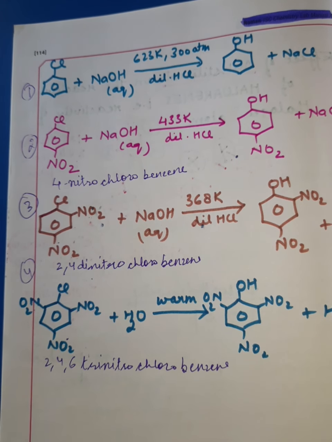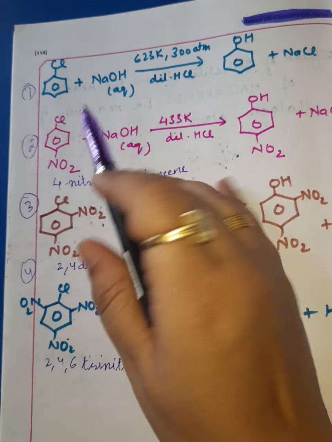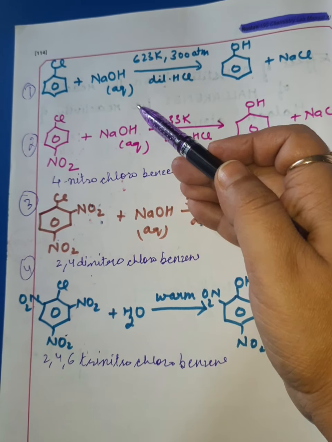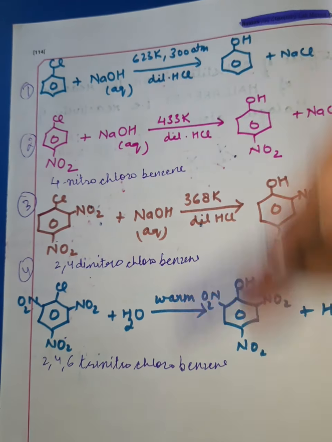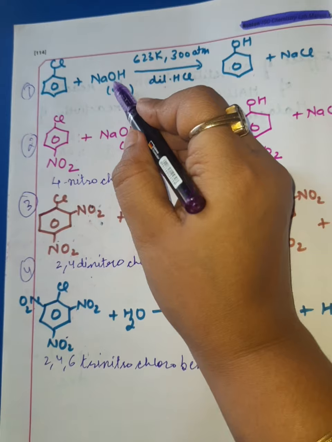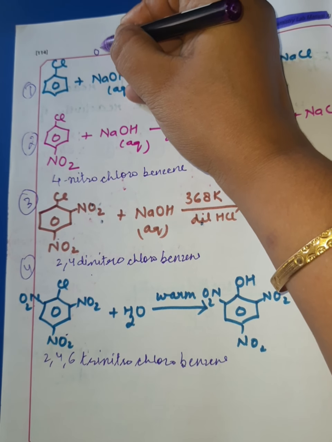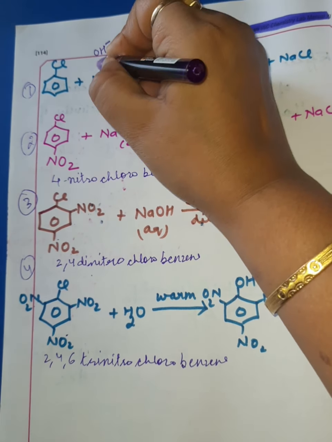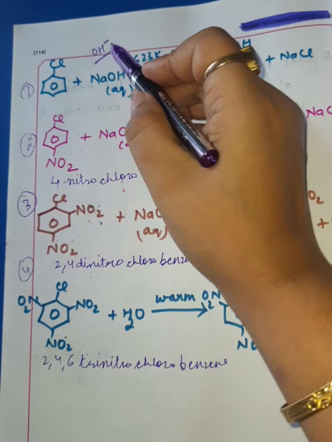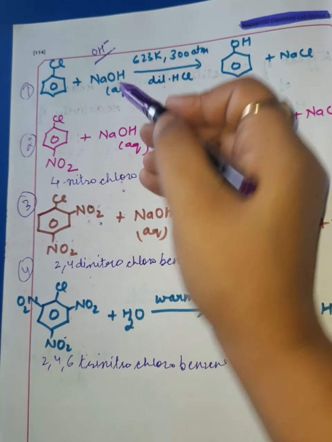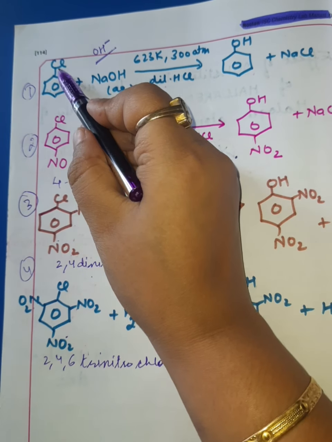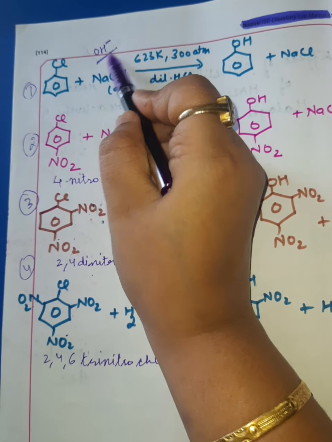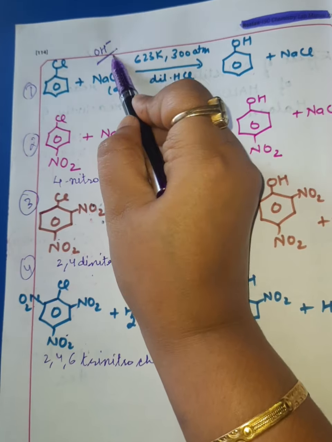So now you look at the conditions of the reaction. Same reaction, I have taken the same nucleophile for the purpose of the various reactions, and the nucleophile used to explain this effect is OH minus. And the source of OH minus is NaOH aqueous. So you can see in all the equations I have used the same. So we are going to replace halogen atom by the hydroxyl group. It's a substitution of Cl by OH minus group.